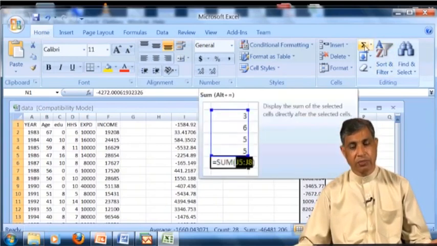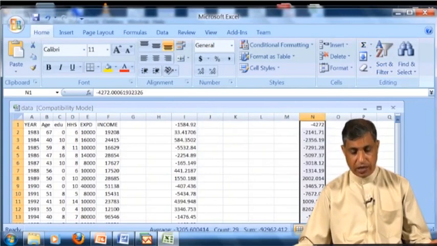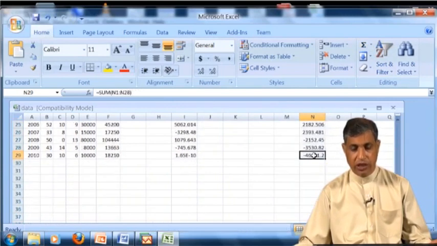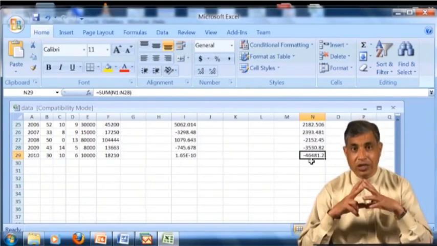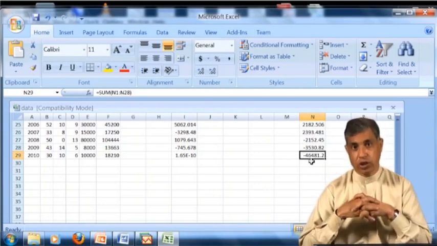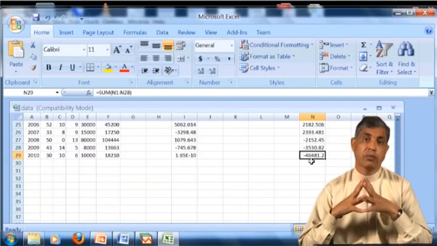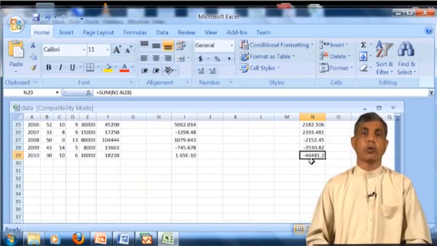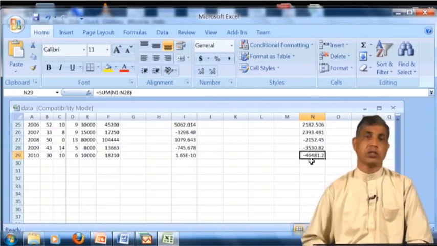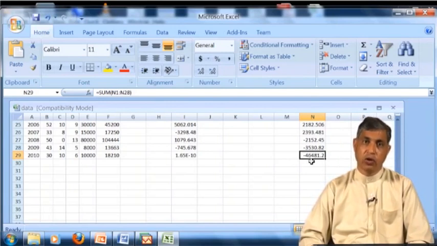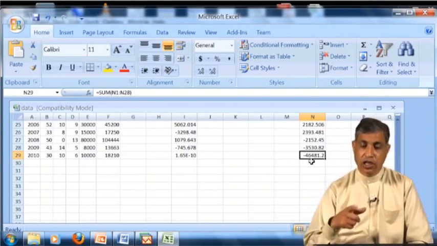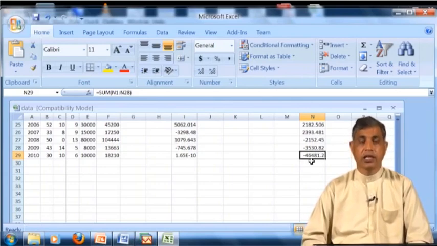If you come here, this is the summation sign, and it has summed up all the values at the bottom, and you can see this value, minus 46481. So the residual sum is not always equal to 0. It is a very huge claim. Most of the time we talk about the residual sum being equal to 0. What this means is that some of the residuals are above the regression line and some are below. So this is the regression line. Here you have found that the residual sum is not equal to 0. So this was some of the basic knowledge on eViews.